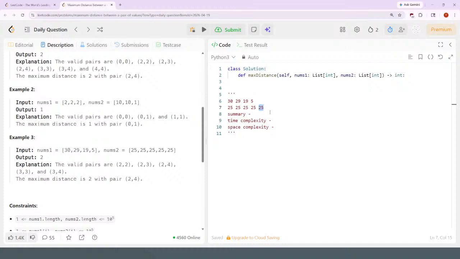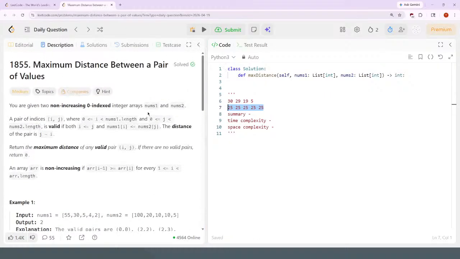So in theory, your first value here matches with, maybe if it's smaller than the last value here, then clearly that's the longest answer you can have, which is the length of nums2 minus 0, which is the length of nums2. Something like that. Maybe it's just length of nums2 minus 1 if I think of the indices starting at 0. And if that doesn't work, right, like 30 is not smaller than 25,